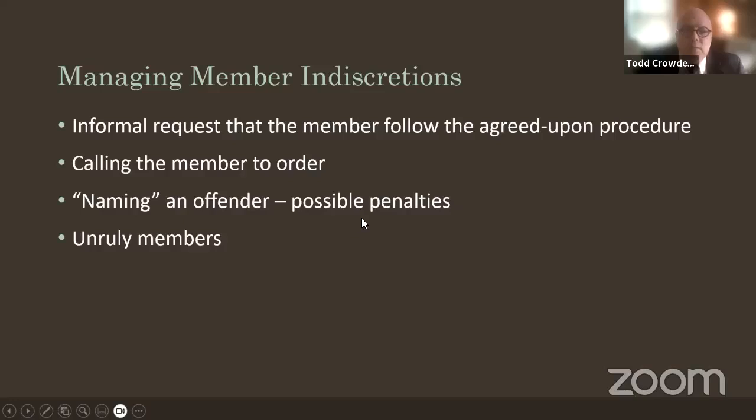The person can be evicted from the rest of the meeting, or ejected. That is probably the most common penalty. Also, fines are possible. It would even presumably be possible to be expelled from the organization. Now, in your case, you are subject to some statutes that would supersede even your bylaws. And the public is entitled to attend all of your meetings and committee meetings. So you cannot ban anyone from being at your meeting or committee meeting for any reason because the statute would prohibit that.